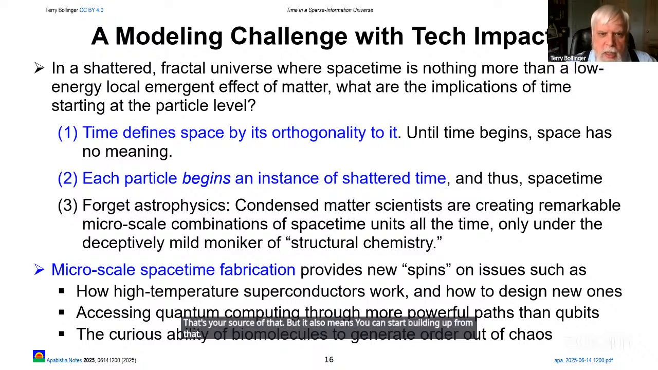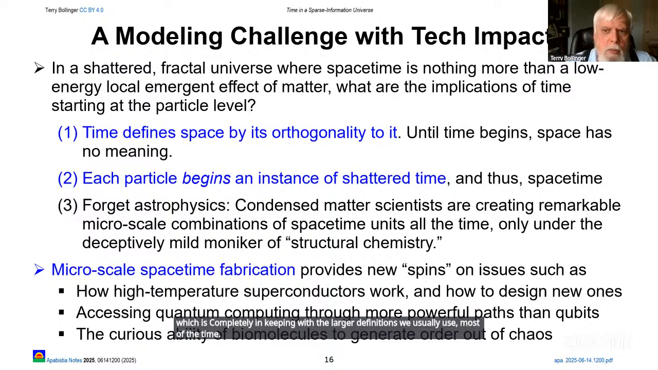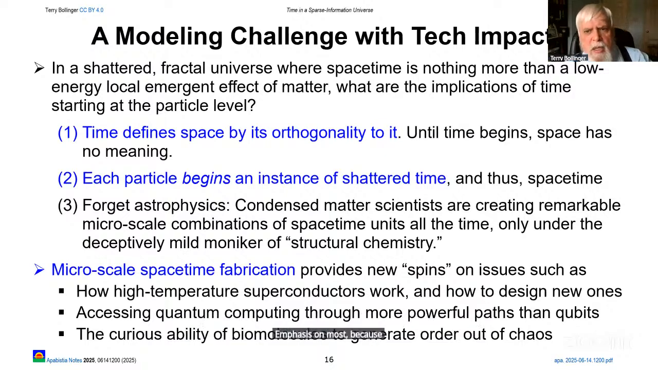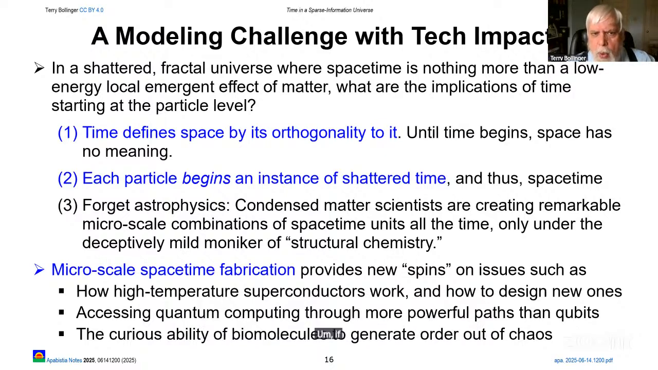So if a particle is an instance of shattered time, what is a molecule? A molecule actually has its own local little definition of space and time, which is completely in keeping with the larger definitions we usually use most of the time. Emphasis on most, because if you see phenomena like the fact that you can make even large molecules self-interfere, they're telling you that those definitions of space and time are not completely universal, even at that level. If you also look at what advanced chemistry can do,